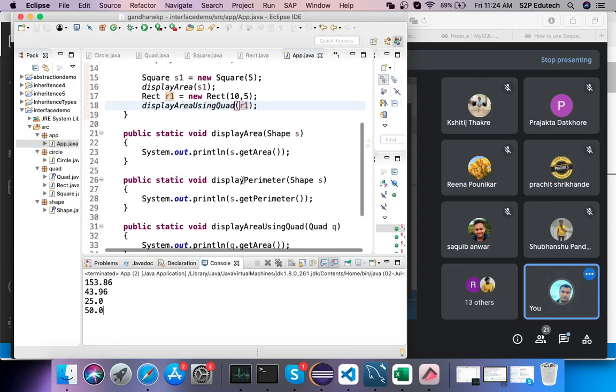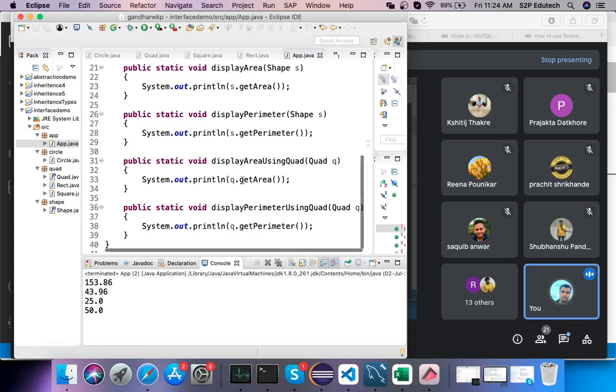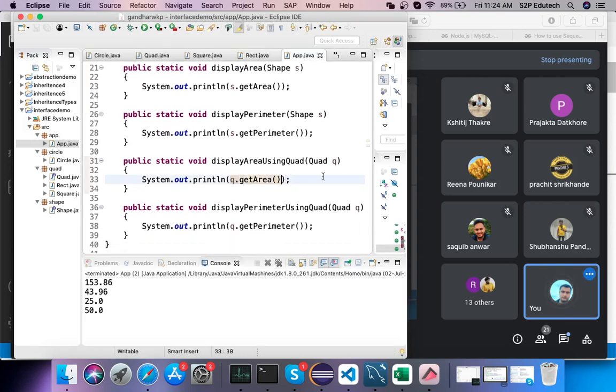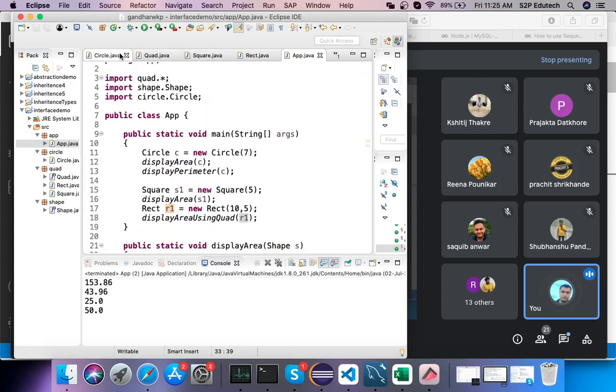avoiding the implementation details, right? So what we are doing here is we are avoiding the implementation details, right? ये get area से हमें पता नहीं चलता कि exactly कौन सा area call हो रहा है, right? It totally depends on the runtime which area or whose class, function of which class would be called, right? So this is what is an interface in Java, right?